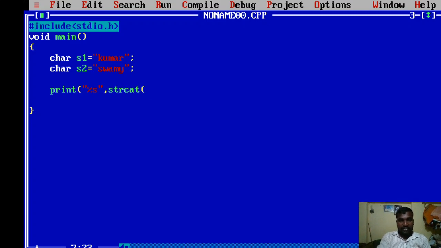So strcat is a string concatenation function, right? So s1 comma s2.